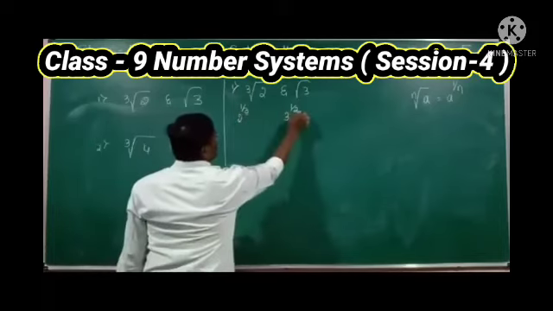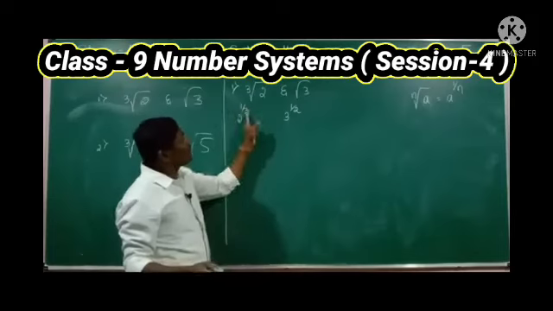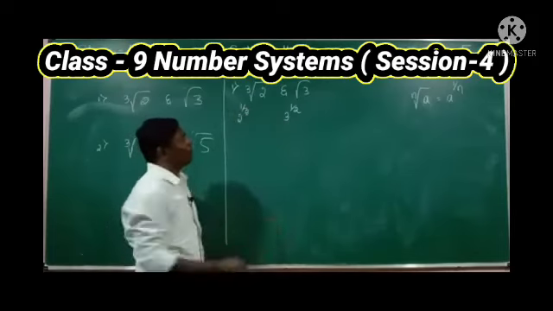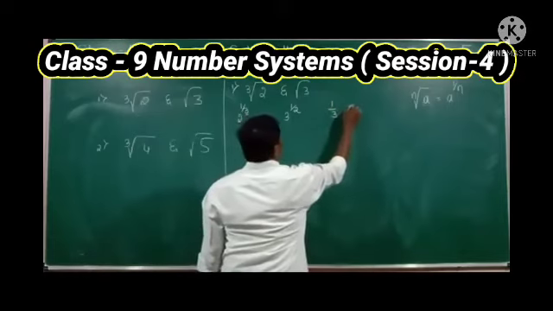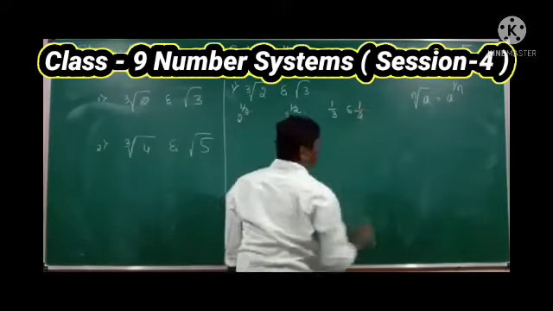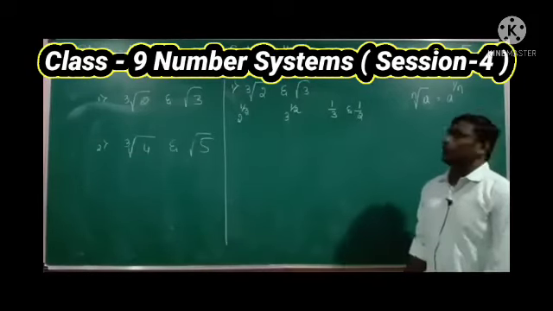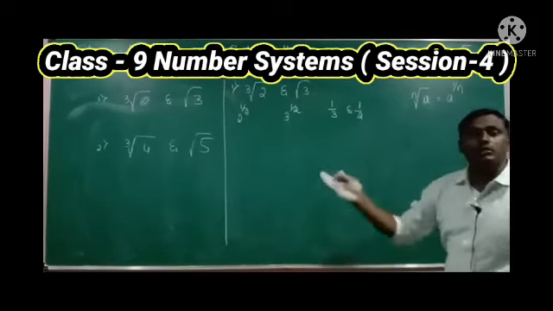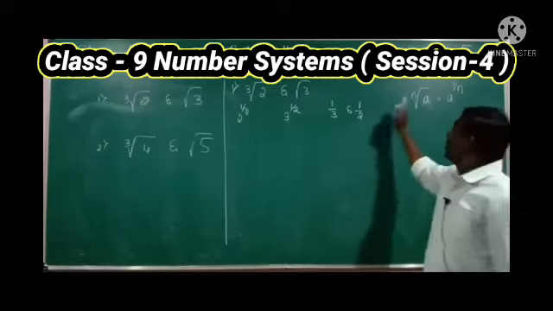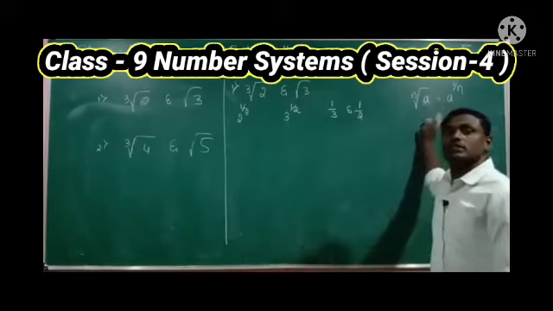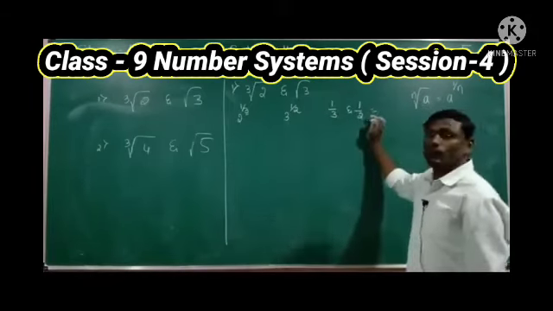Now just observe the powers of 2 and 3. The power of 2 is 1 by 3 and the power of 3 is 1 by 2. So 1 by 3 and 1 by 2 are the two powers of 2 and 3 respectively, right? Their denominators are different. In these types, we need to first find the LCM. With the help of the LCM, we are converting the two fractions into like fractions.